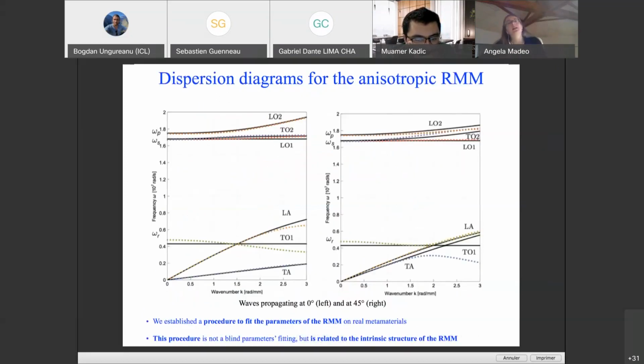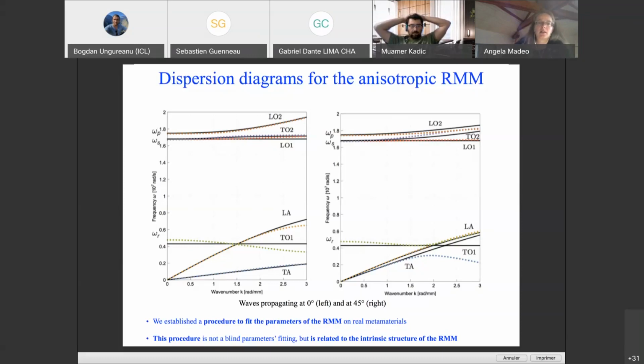Okay, so here I present in black the results, but of course we will need to talk a little bit more about how this fitting is obtained, because it's no magic that it already fits our metamaterial. Once we have the general expression for the dispersion curves, we need to establish a procedure to fit our elastic parameters on a true metamaterial.